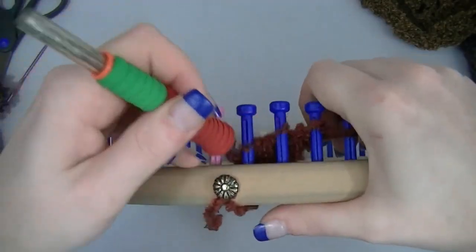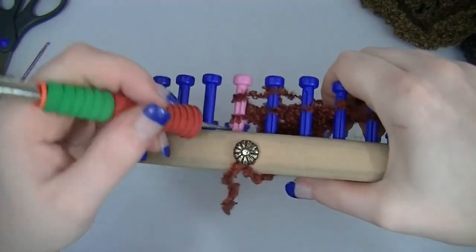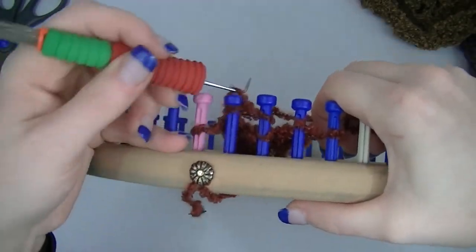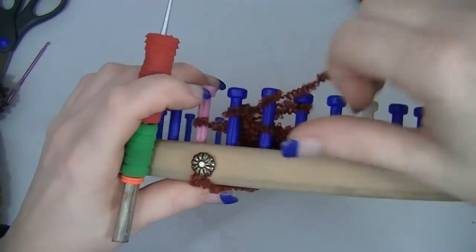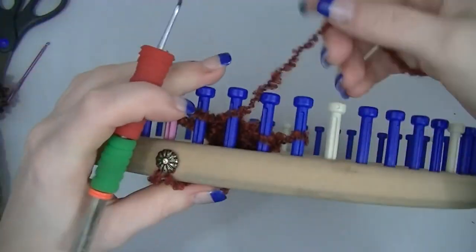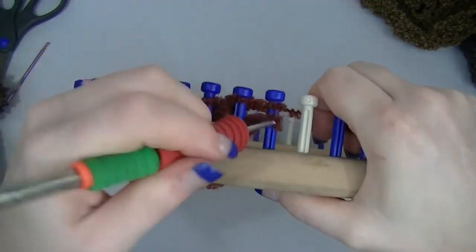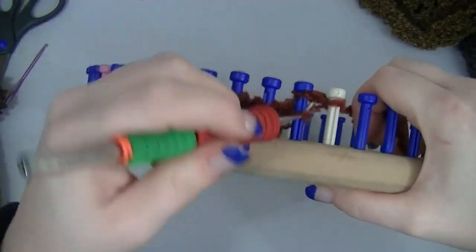I'd seen this yarn in the store and just had to have it. And I knew it would be frustrating to work with. The biggest problem is, of course, you want to find a center pull and a spool, but the center pull kept snagging against the yarn because the yarn has all these little loops on it. So it kept snagging against it and causing knots. Now you want to be careful. If you catch this,